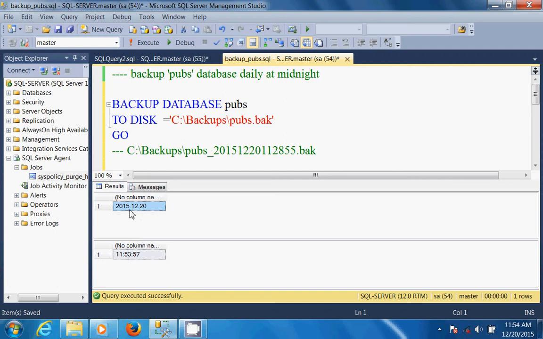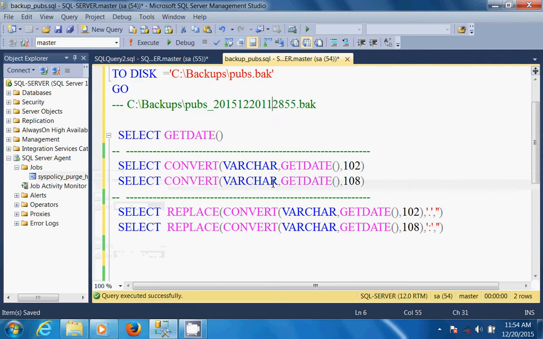But here it is using dots, and in the client requirement we do not have any dots. In the same way, in time we do not have any colons in the client requirement. So to replace those special characters I am using the REPLACE built-in function. Instead of the dot I am replacing with empty, and instead of the colon I am replacing with empty for these functions.